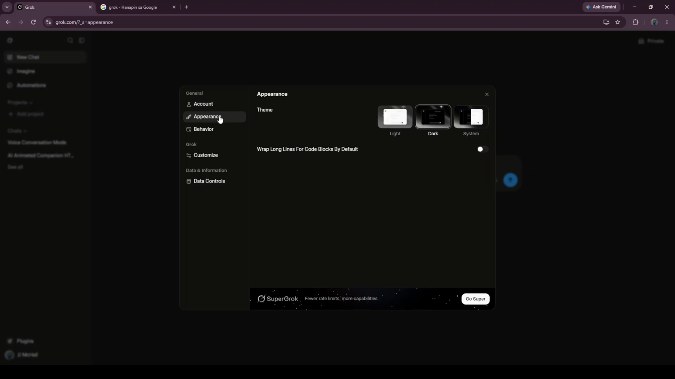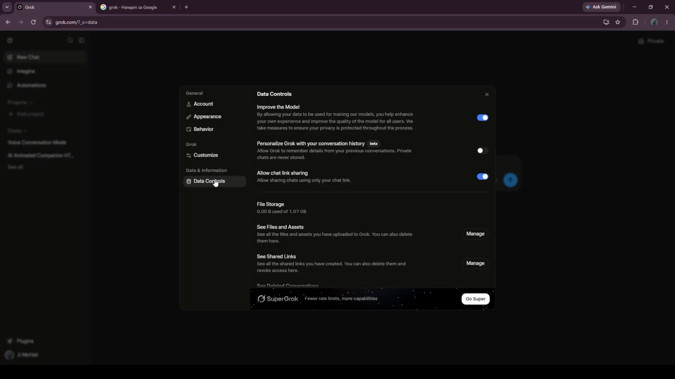Within the Settings menu, you'll need to locate and select Data Control. This specific section is focused on privacy, storage, and how your data is utilized to enhance your experience with Grok. Here, you can review and adjust your consent options to ensure that Grok manages your data in a way that you're comfortable with. Finally, within the Data Control section, search for an option labeled Personalize Grok with your conversation history